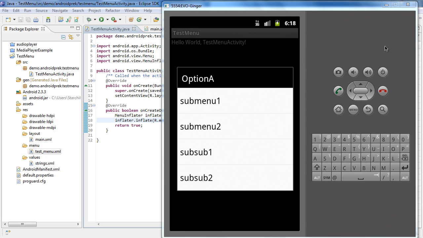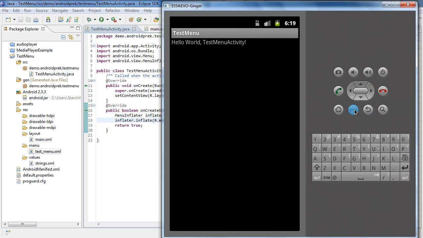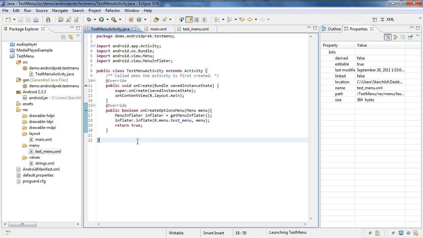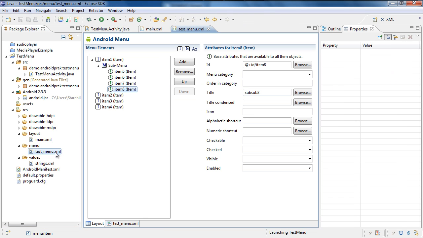Alright, and now that you know how to set up a submenu inside of the main menu, I'm going to show you how to add some icons to the main menu real quick. That way, when you inflate the menu, it's not just the blank text. I'm going to show you how to get some images up in there. Alright, in order to get the images in there, what we need to do is open up the